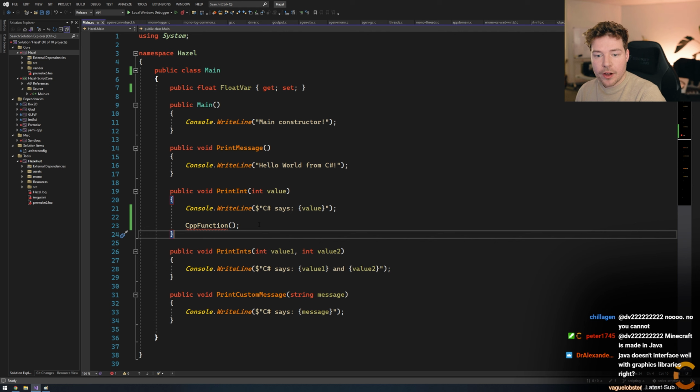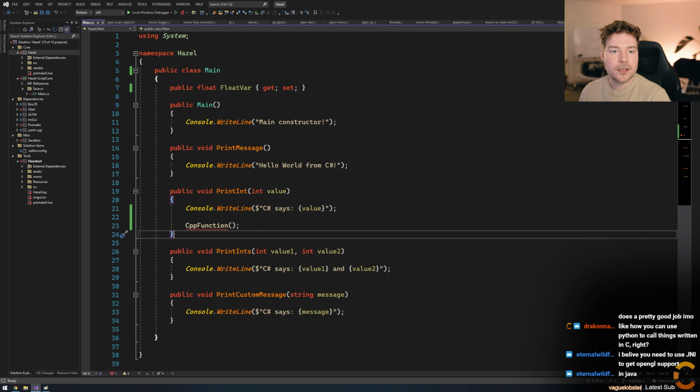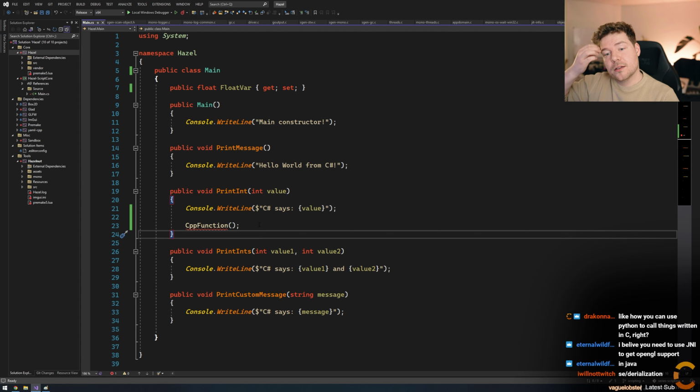And it's very, very easy to do. Marshalling data is also rather easy between the two, which is fantastic. Marshalling data, by the way, for those of you who are unaware, just refers to any kind of transformation of data that has to happen when you go between two contexts. So when you're going between C++ and C# or C# and C++, there may need to be some data transformation that takes place.